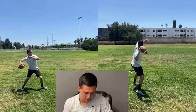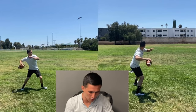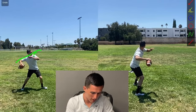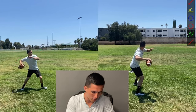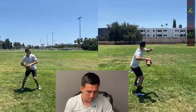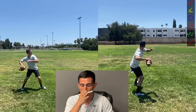First thing I'd say is during the actual load, there's going to be a big change in the shoulders. You can see here how my front shoulder is a little bit higher than the lower shoulder, and I also load the ball a little bit lower here. I usually load the ball pretty low anyway, but I do definitely load the ball a little bit lower when it comes to throwing the deep ball, and I think that's a normal thing that you want to be able to do,